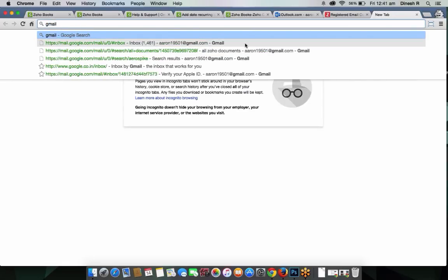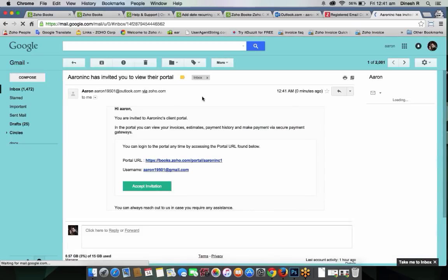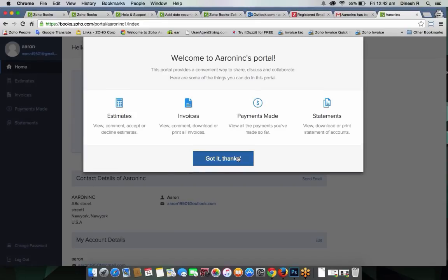So I'm going to my Gmail account. So here I have the client portal invitation. I can accept invitation, and this is the client portal. Username and password can be entered. So I can type in a password. So I'm gonna say, I can update it. Now I'll be redirected to my client portal, and here you could see all the basic